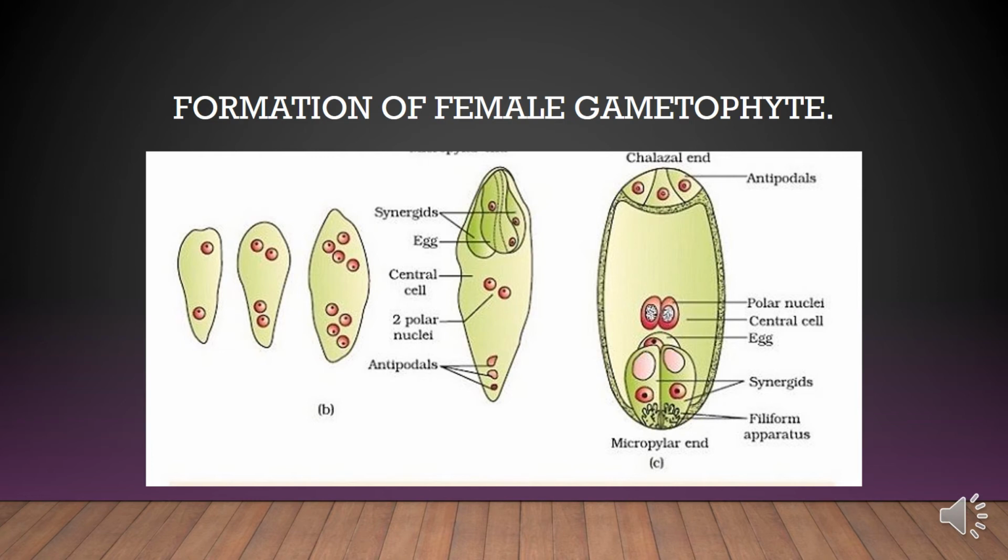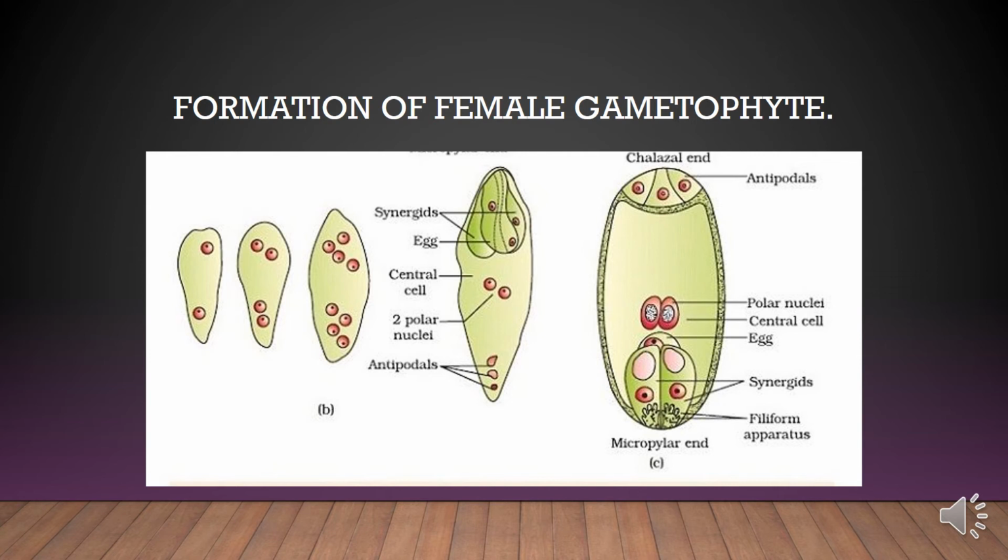It also has a particular function, playing an important role in guiding the pollen tubes into the synergids. 3 cells are at the chalazal end and are called the antipodals. The large central cell, as mentioned earlier, has 2 polar nuclei. Thus, a typical angiosperm embryo sac at maturity is 8-nucleate and 7-celled.